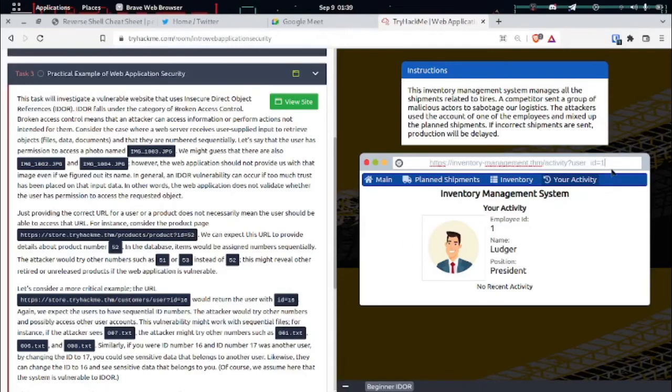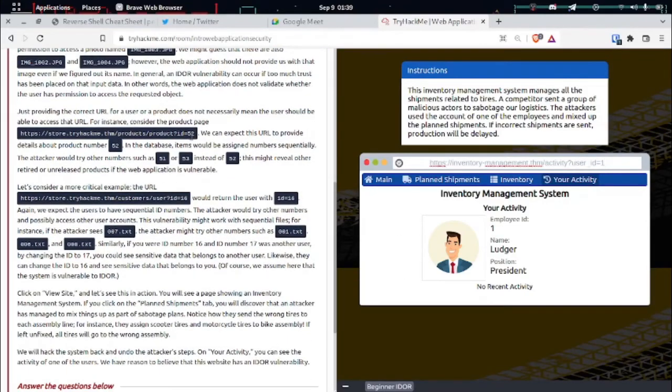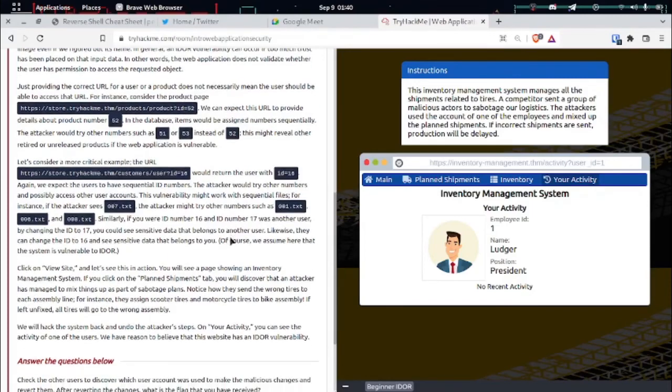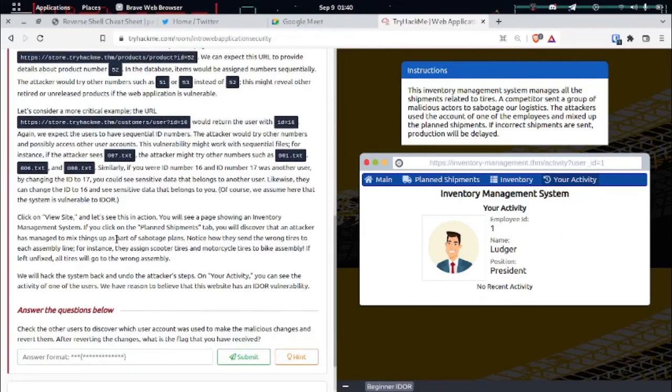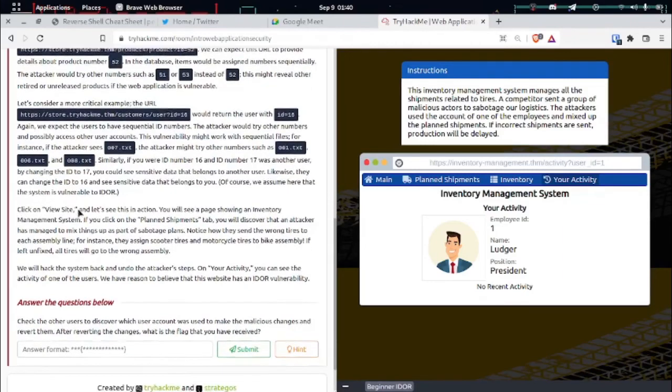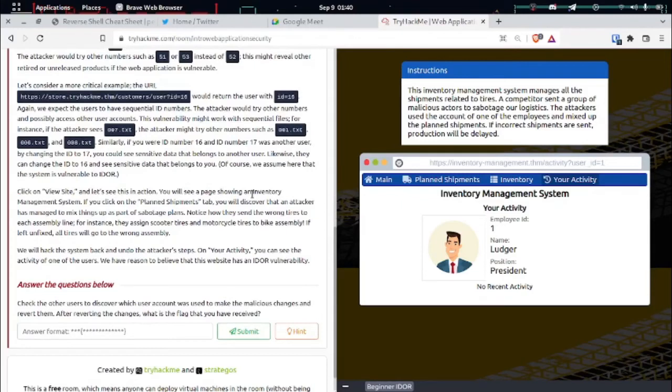So the user shouldn't have access to other users' access. That is web application security, and that has been explained here. So if you are in a website with this address, and if you try to change the user ID at the end, and you get access, there is an exploit. So the application has a vulnerability inside of it. And if you click on the website, let's see in action, you will see a page showing an inventory management system. If you click on the planned shipment tab,